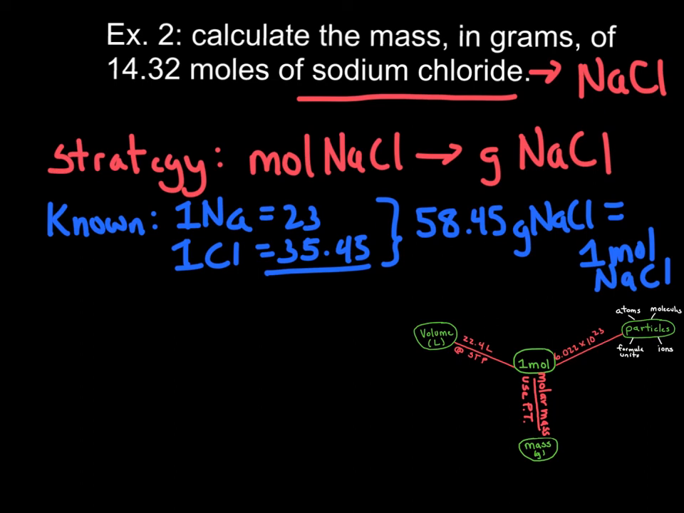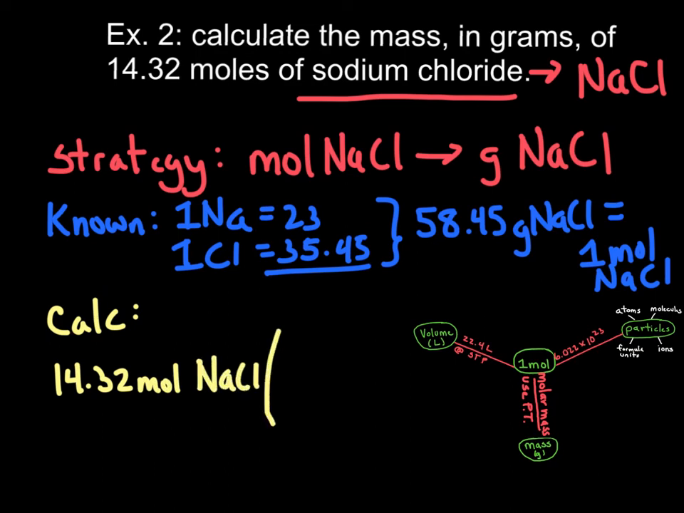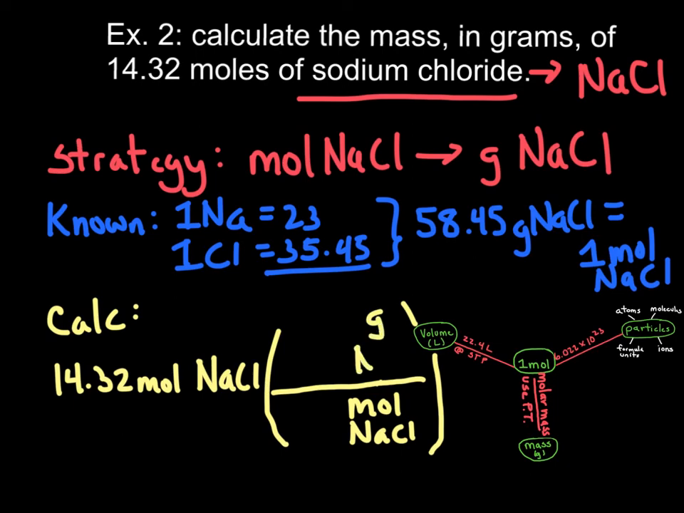Alright, let's get to the calculation. We always start with what we're given, so we're going to start with 14.32 moles of sodium chloride. We want to get rid of moles, so we're going to put moles at the bottom. And notice I'm putting the unit and the chemical. We have to do that in order to be counted correctly. I will mark you wrong if you don't do this. We want to get to grams of sodium chloride, and our numbers follow. The grams is 58.45